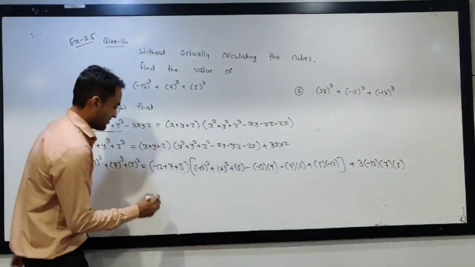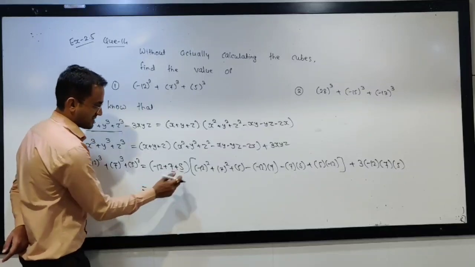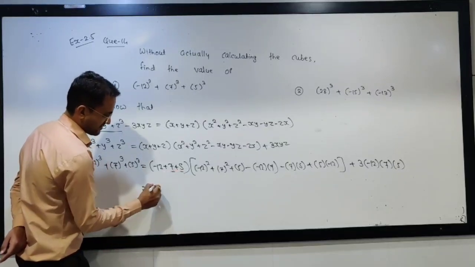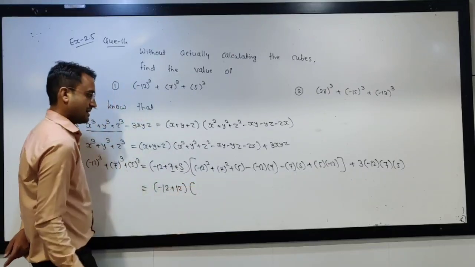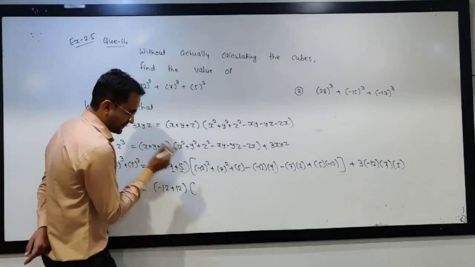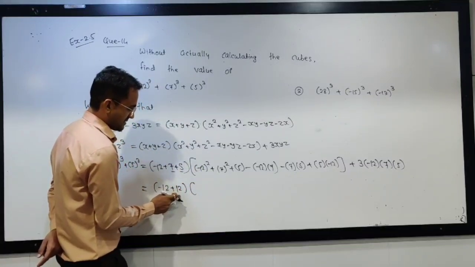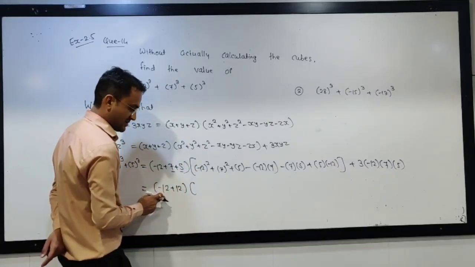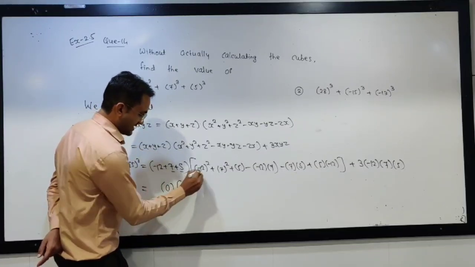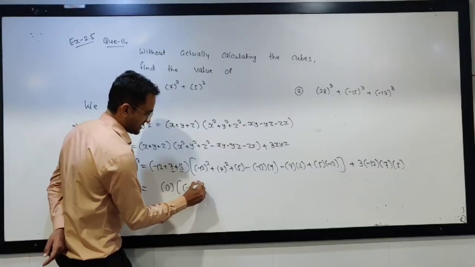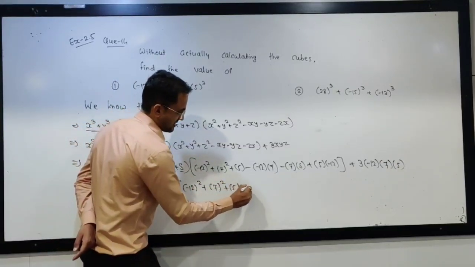So now if I solve this, see, this one is 7 plus 5, 12. Plus, minus, sorry, 7 plus 5, 12. So plus 12. Clear? Now, this will become plus 12 minus 12, 0. And the entire thing is in multiplication, so no need to solve this. Because 0 multiplied with anything becomes 0.